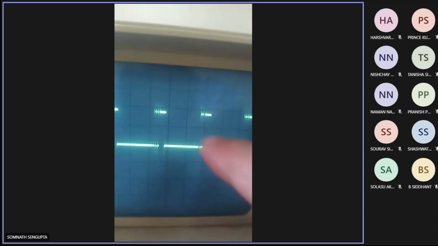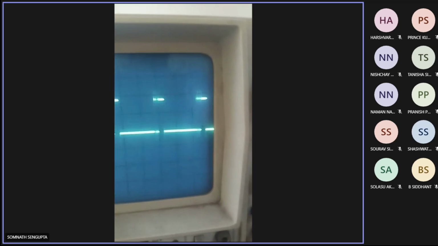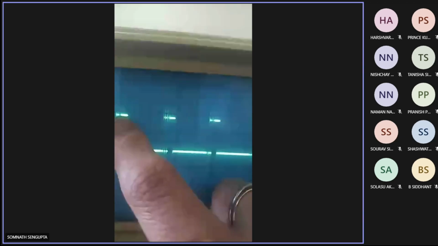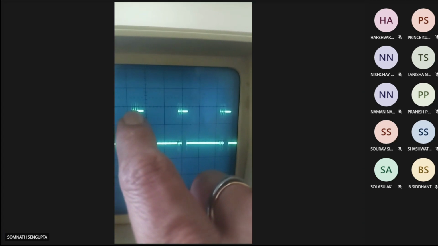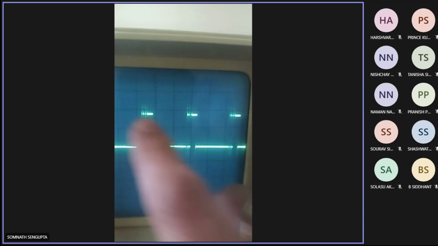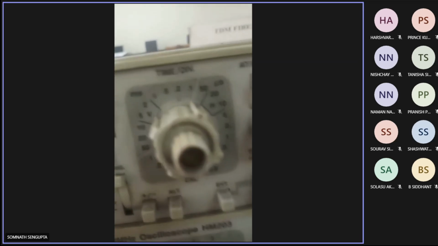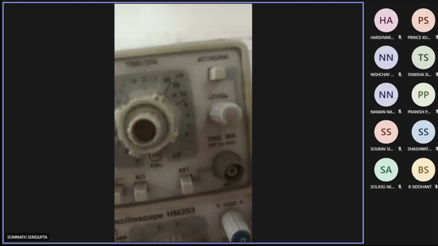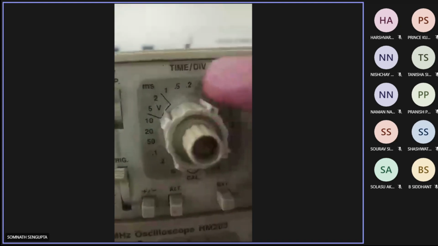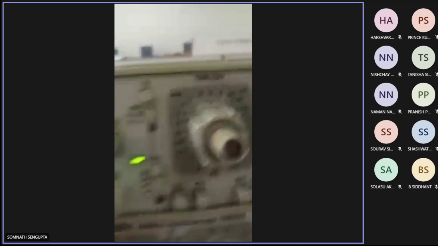Okay, so let me do this way. So here it is actually starting, then it is ending near about here. So it is connected to 50. The time division is 50 microseconds. Okay, this one, and